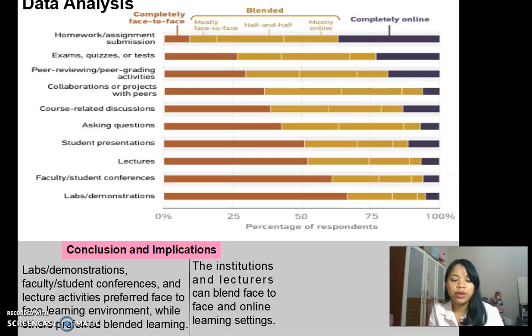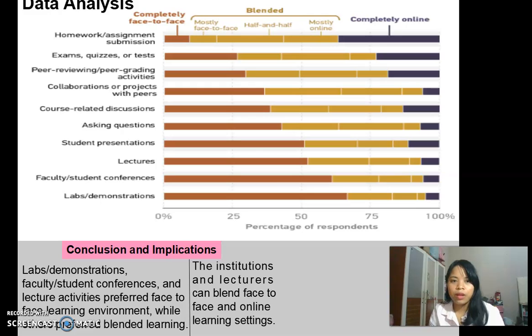And for homework or submissions, submitting the assignments here indicates that more than 75% of the students show that homework could be better done online. So from this data, I can conclude that labs or demonstrations until students' presentation should